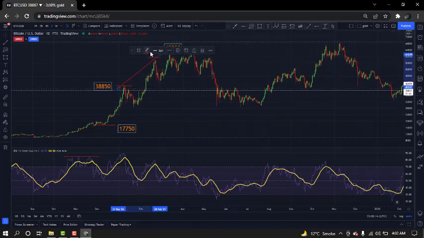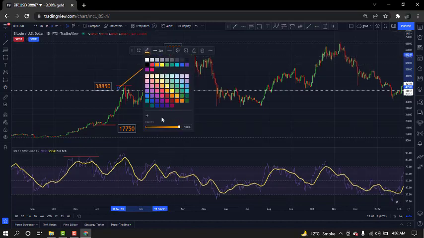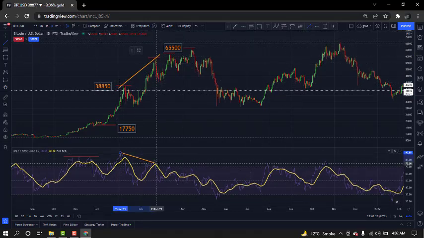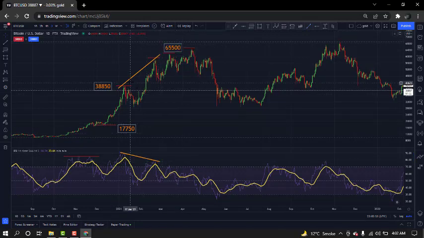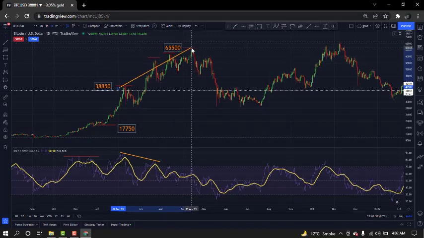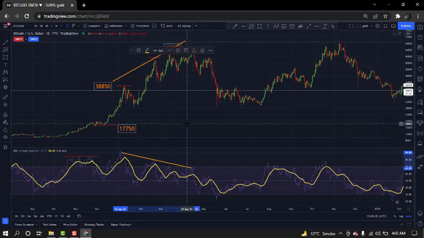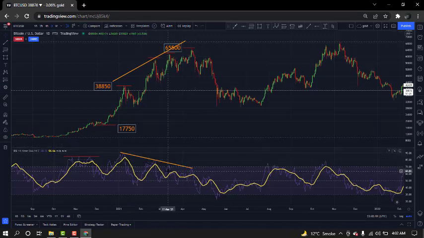Market goes like this. Let me change the color for you so you can understand it better. Okay, the market goes up, the market trend line like this, but in RSI the trend line goes like this. This is the bullish pattern, but this is a bearish pattern. Then the market goes up, up, up, up, and touches here. It means 1 week, 2 weeks, 3 weeks, like this. Market formation is bullish here, but here the formation is bearish.